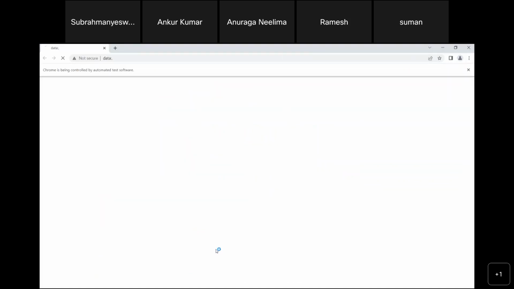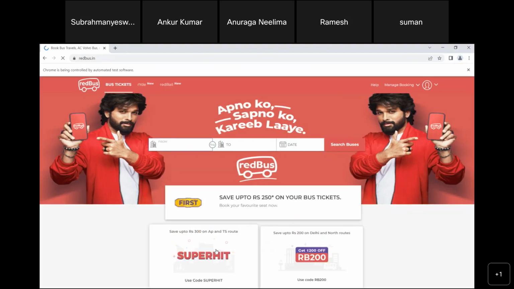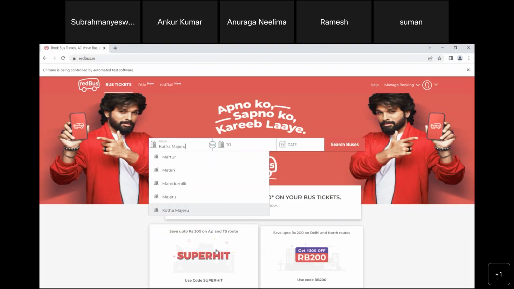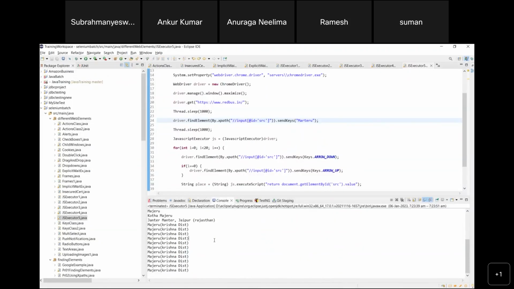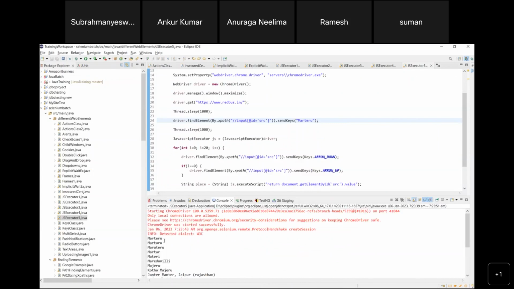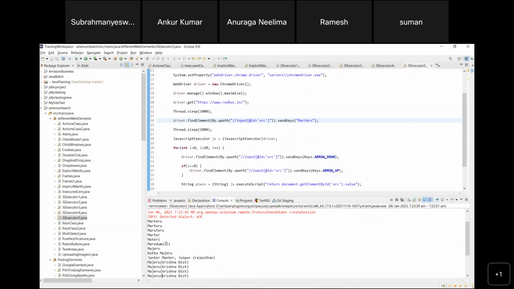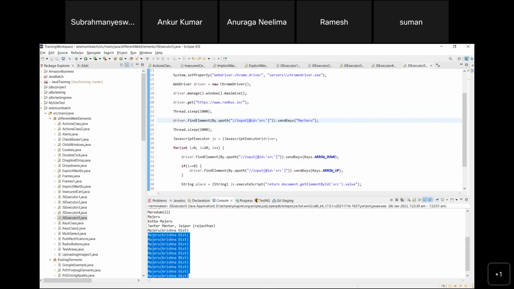It is opening this one, entering the values here and capturing all these values. So if you see here, it printed these values like Marteru, Marturu, until this 10th value correctly. But what is happening after this value is printed? We don't have an 11th result. So the 11th time when it clicks on this arrow down button, it still stays on the same one. So it is printing the last value only for the remaining 10 times, because